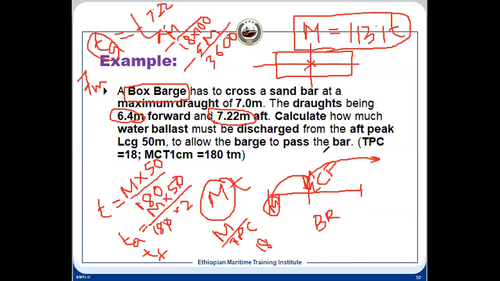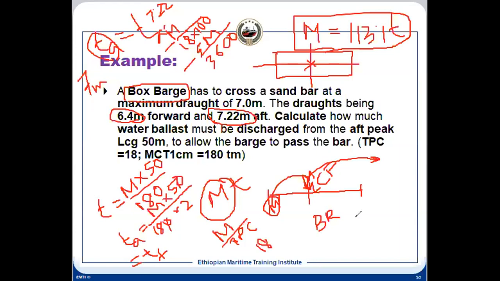If it is aft trim, then forward draft is less, because we have calculated based on the maximum draft condition. It means forward draft cannot be more than 7 meter. It means the ship cannot be by head. It can be even keel or aft trim, because aft draft is okay now. So we need to calculate TF. TF we can calculate, because T we know, and this is known to us now, because 113 we can put here and we can calculate how much is the TA, and TA is equal to TF in this case, because it is a box barge.